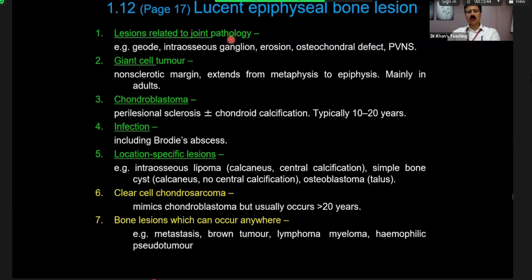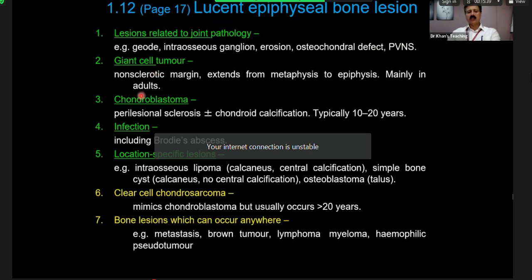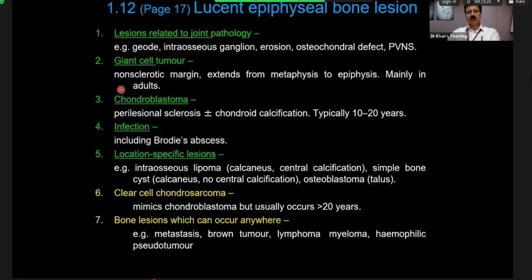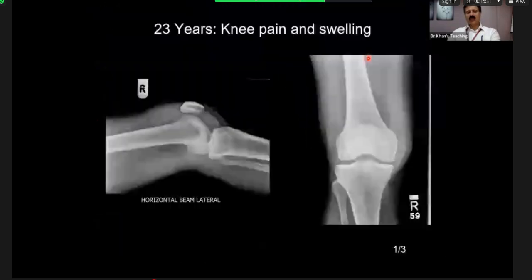And in geode, etc., PVNS is there. Giant cell tumor, chondroblastoma, age will change everything. We'll come back to these points. But PVNS. In PVNS,